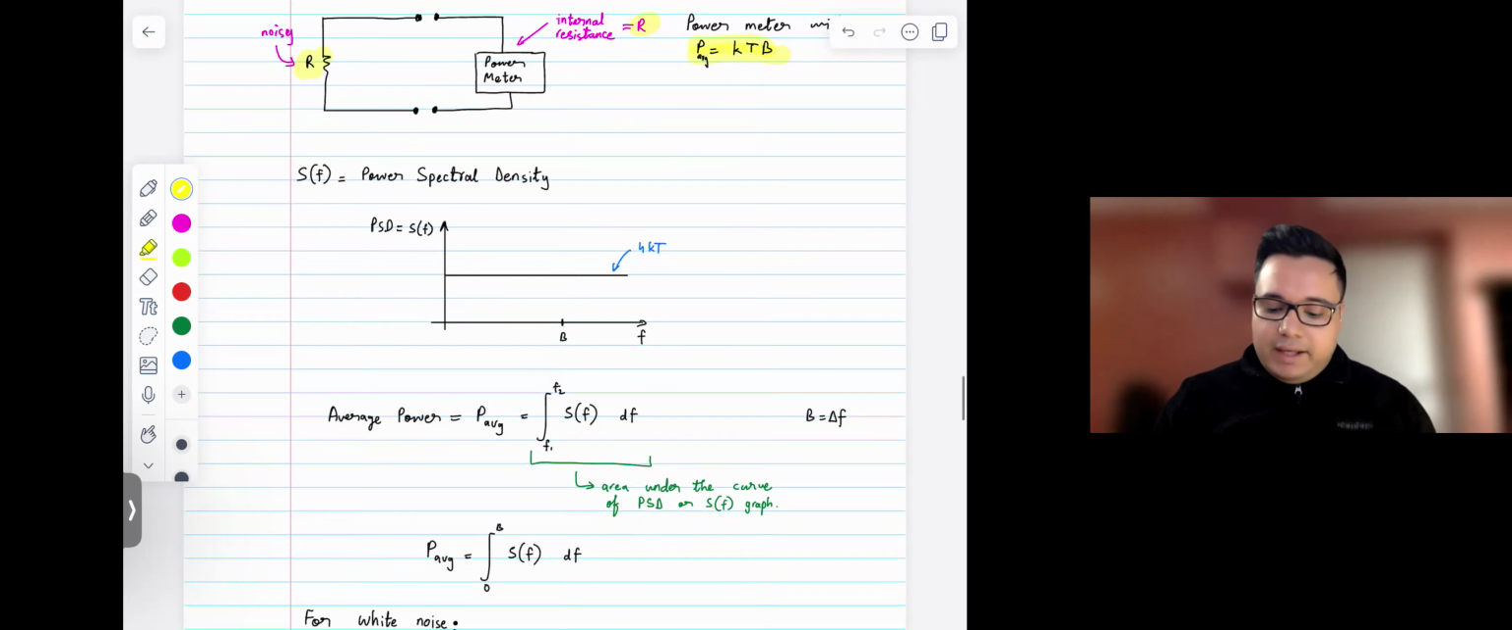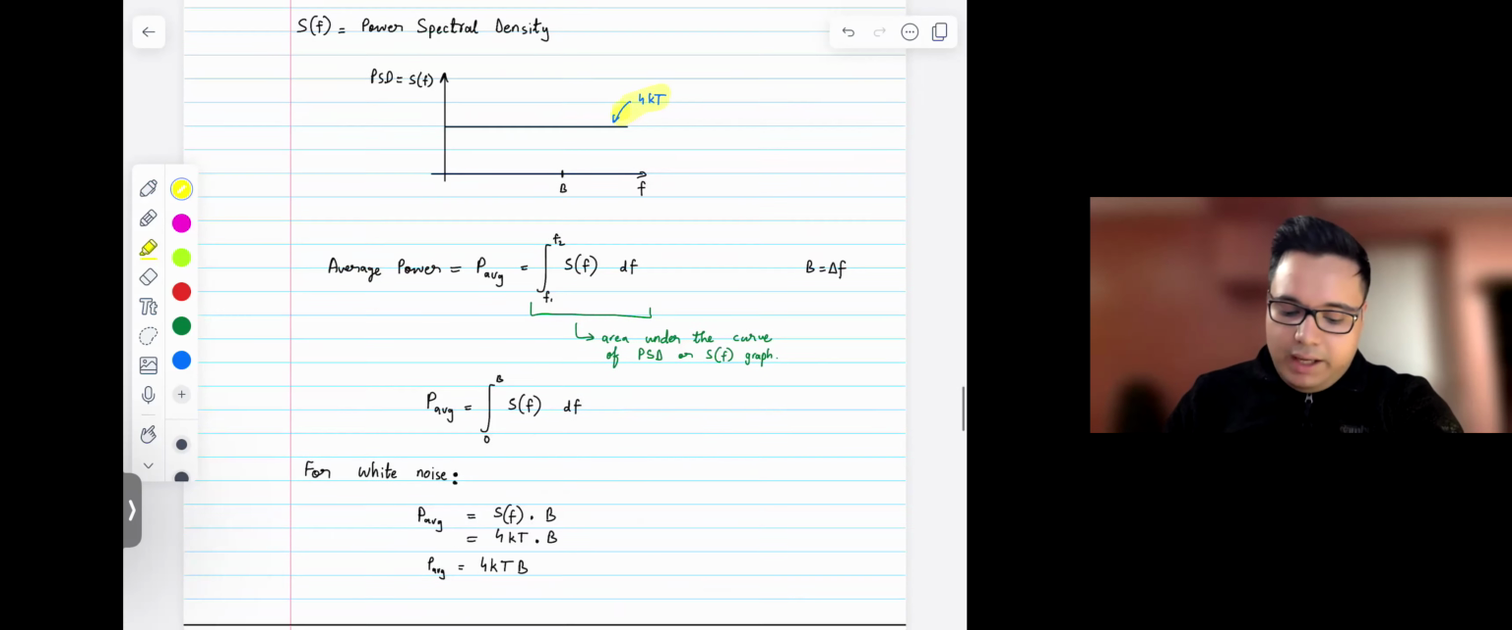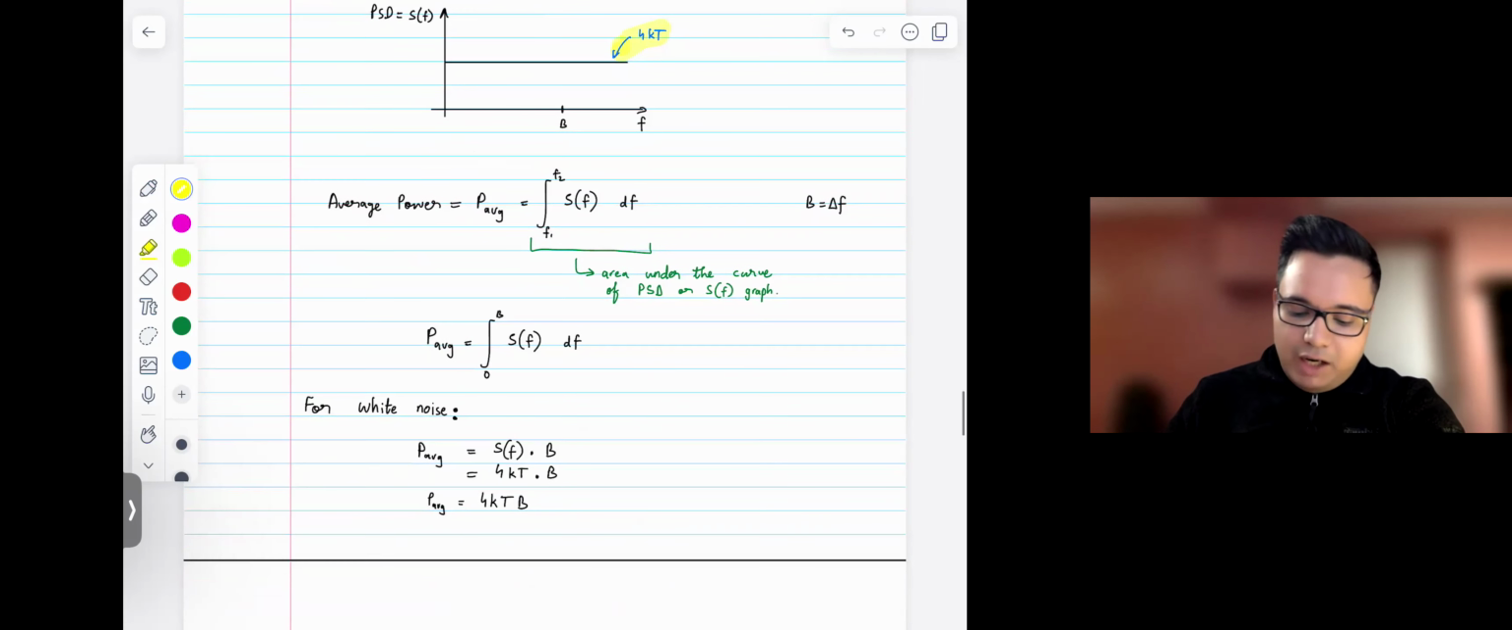Another thing I want to mention is that for thermal noise, what we find out is that the PSD is 4kT, and it's white in nature. Again, we're assuming it to be white. And so let's think about the average power. So the average power is essentially